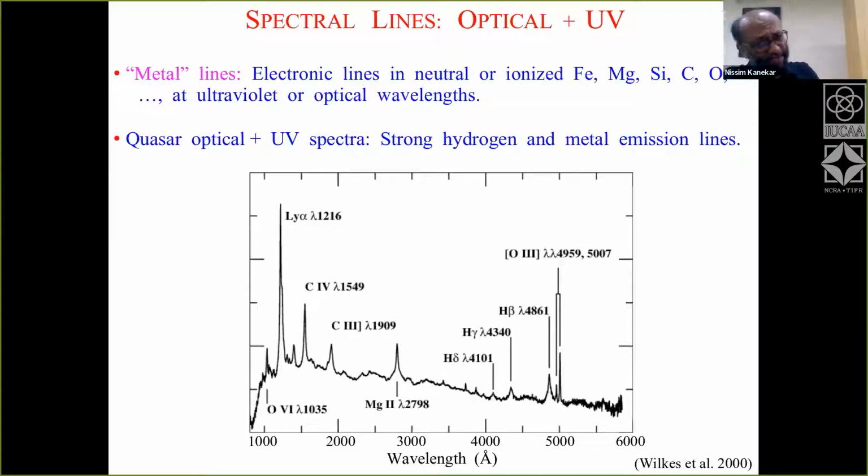If you observe a galaxy, you'll see some subset of these lines. And the important thing is that the ratio of the line strengths will be different for different types of galaxies. So the line strengths will tell you a lot about the kind of galaxy that you're observing. So that's an example of an emission spectrum in the ultraviolet and optical. What happens, suppose you have,